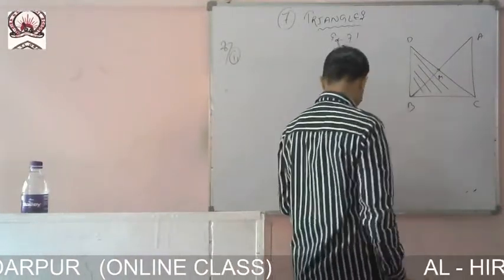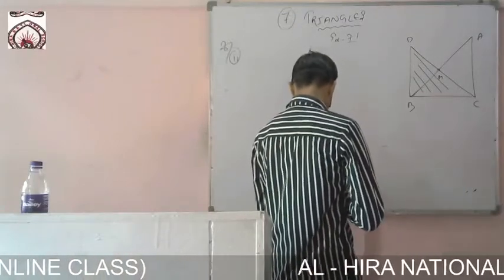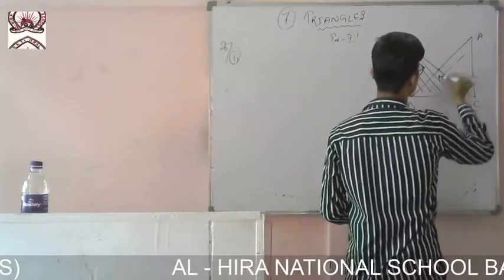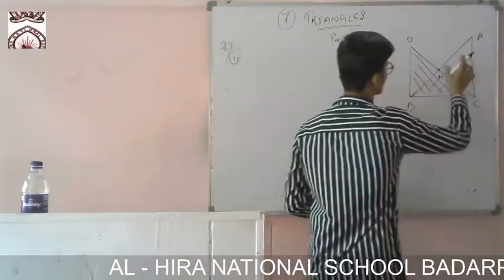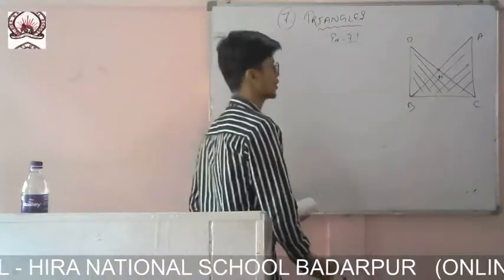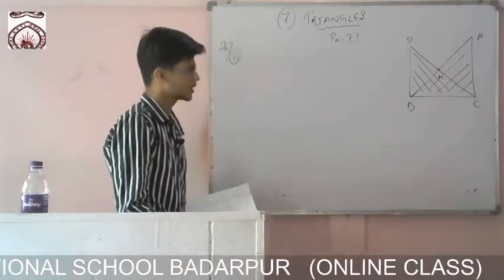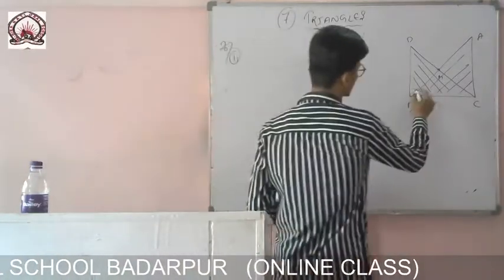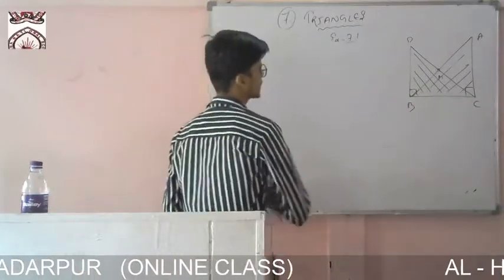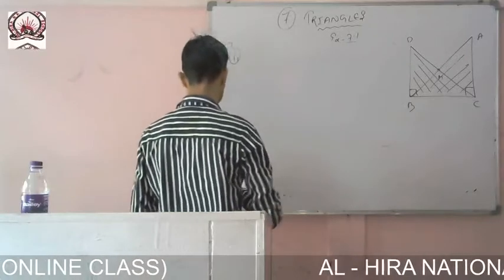Now I have to prove that triangle DBC, this one, is congruent to which triangle? To triangle ACB, that means this one. This triangle is congruent to this triangle, I have to show. Very easily, so many things I have in the question. This angle is 90, this angle is also 90, we have shown just now. And this is the common side. So let us solve it.